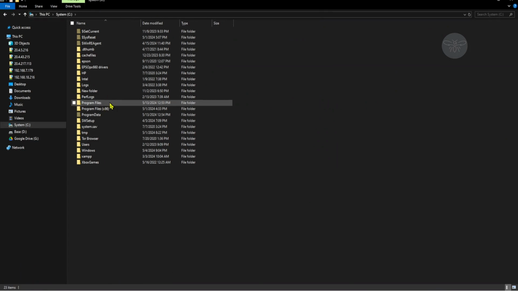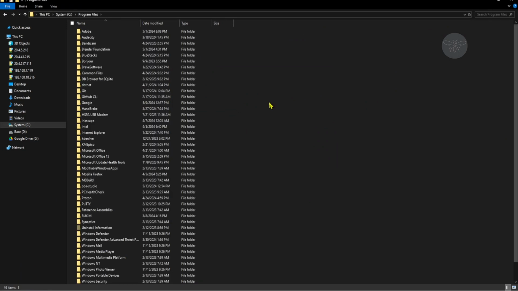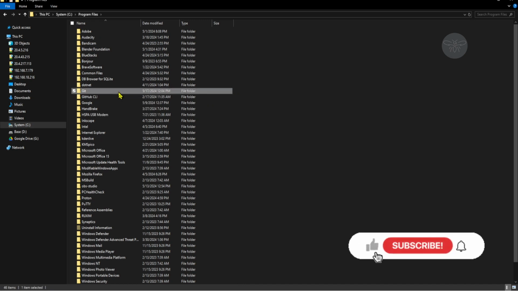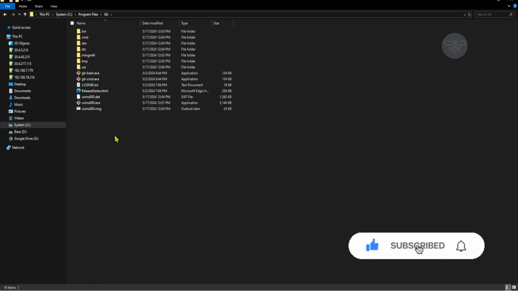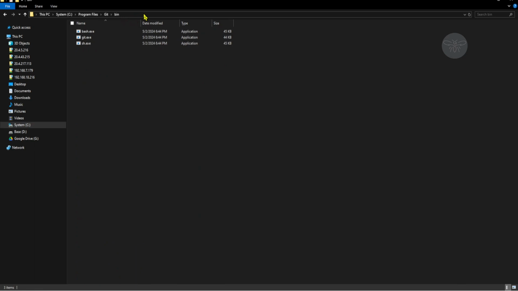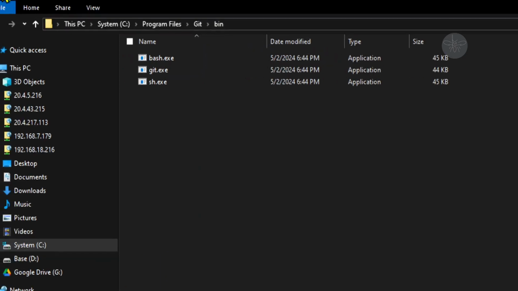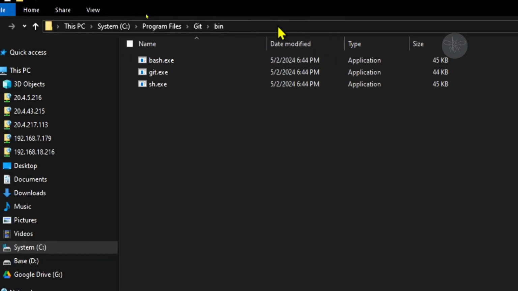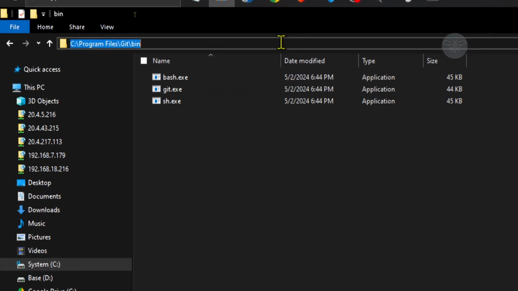You will find Program Files. This is where most software is found. You will locate Git and then you'll go to bin and then you will click on this space. I'll just zoom in. I'll click on this space and it will bring that path highlighted in the blue background. I'll copy it,